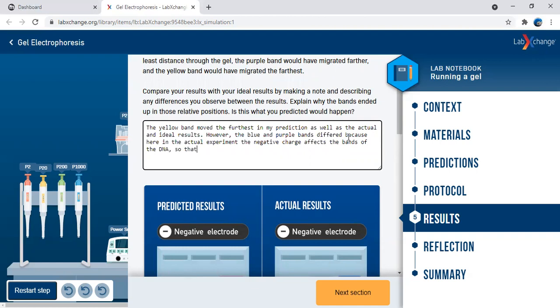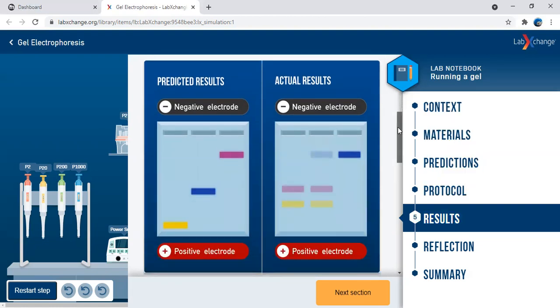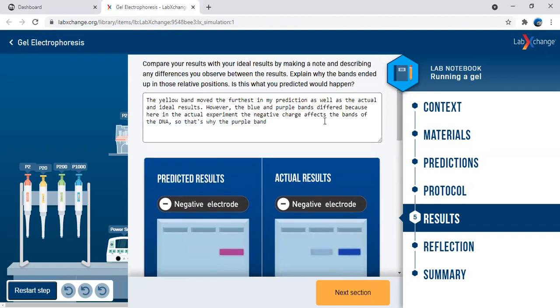So that's why the purple band is different from the blue band, since the purple band